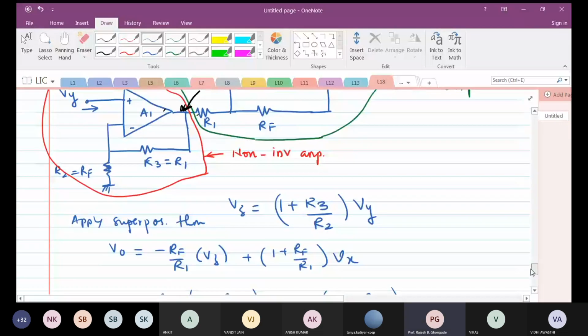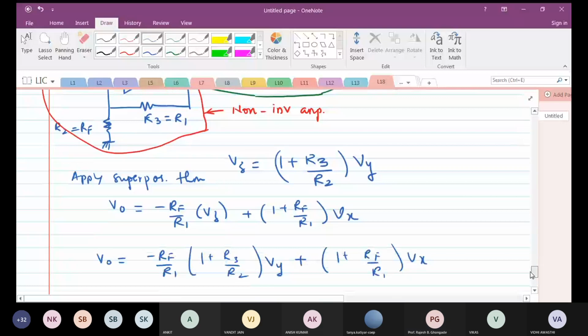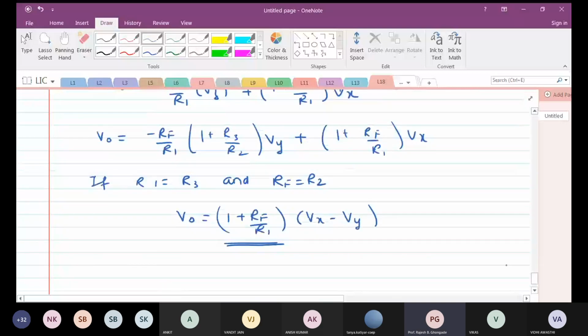Okay, and so we will come out with a very interesting and mostly used circuit, which is called the instrumentation amplifier. The special case is the instrumentation amplifier, a difference amplifier with three operational amplifiers that we'll see tomorrow.